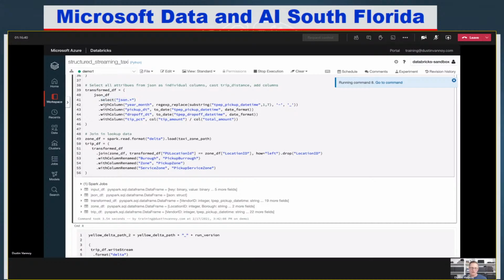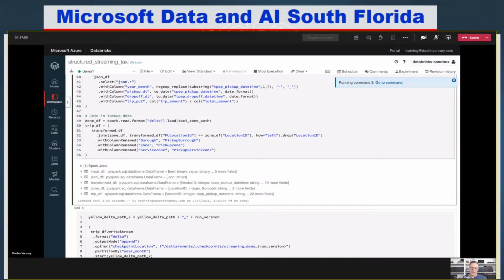And then I just do some transformations column by column. First, I replace dashes with underscores and make a year-month string that I can use for partitioning down the line. I convert a couple of strings that are really dates into actual date objects within Spark. And then I calculate a tip percentage by dividing the tip amount by the total amount.